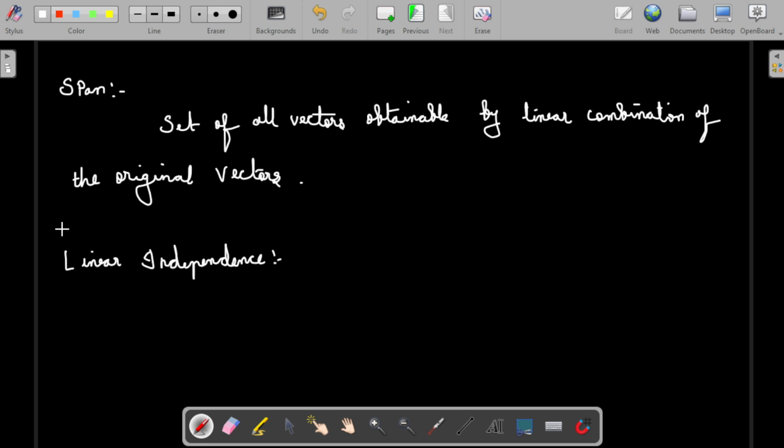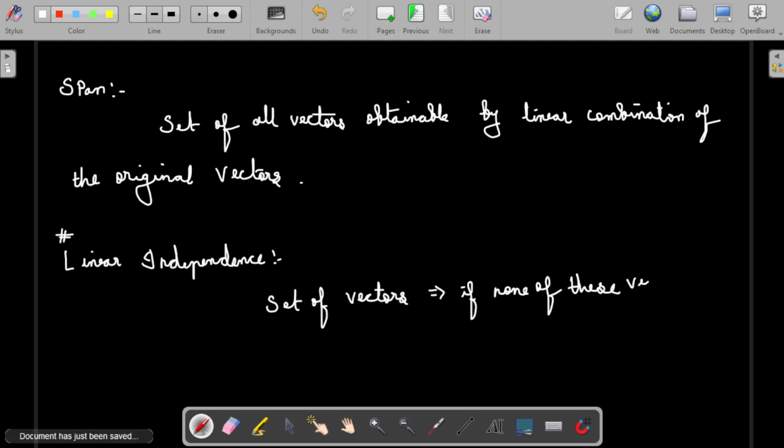So this is one of the very important terms. So linearly dependent and linearly independent. A set of vectors is linearly dependent if none of the vectors can be written as a linear combination of the other. So the set of vectors, if none of these vectors,